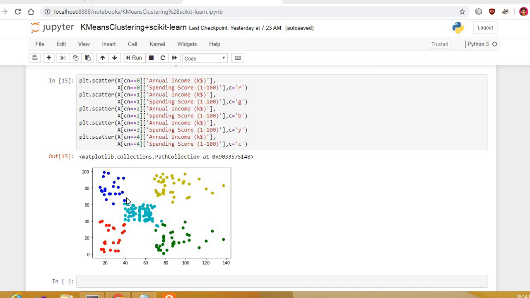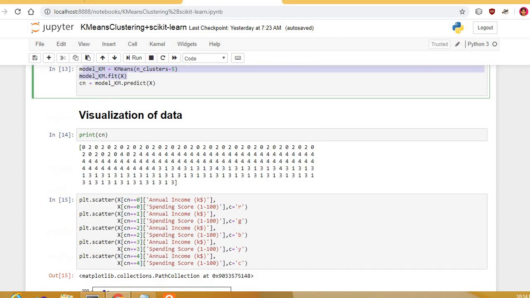So this is an iterative process, and what should be the terminating criteria? We should stop when there are no more data points left and no more clusters can be formed. So let's start with the implementation part.